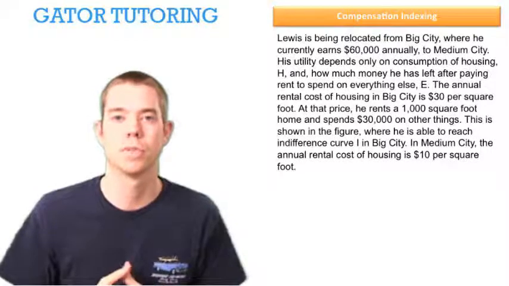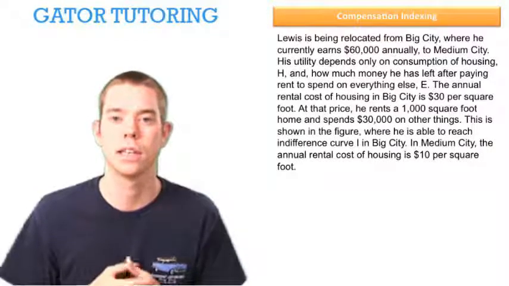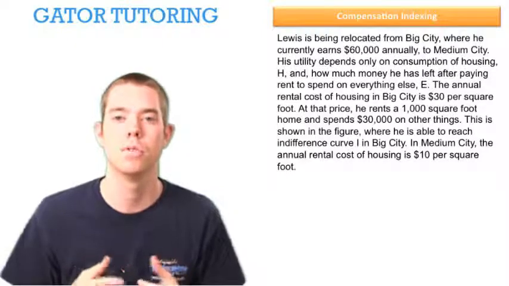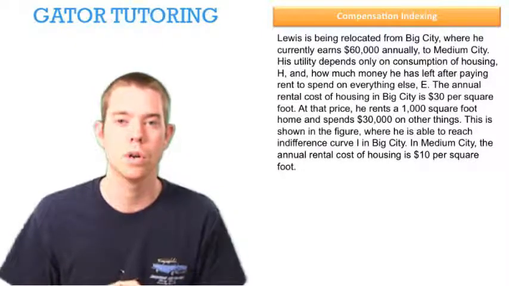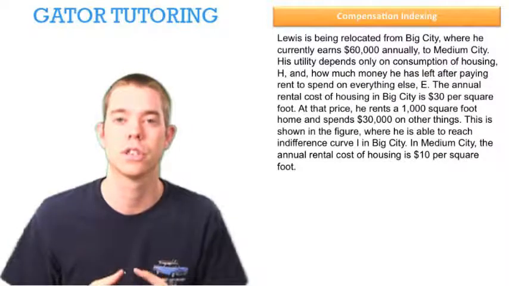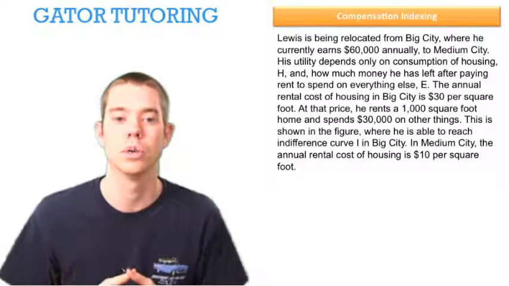This question tells us some information about Lewis, that he currently lives in big city where he makes $60,000 a year, and we're thinking about moving him to medium city. Well, in big city, the cost per square foot of housing is $30 annually, and he ends up buying 1,000 square feet of housing, so he spends $30,000 on housing, and he spends $30,000 on everything else, which